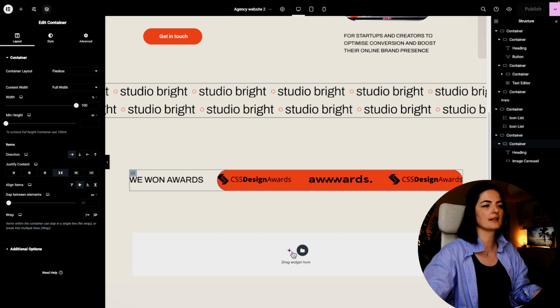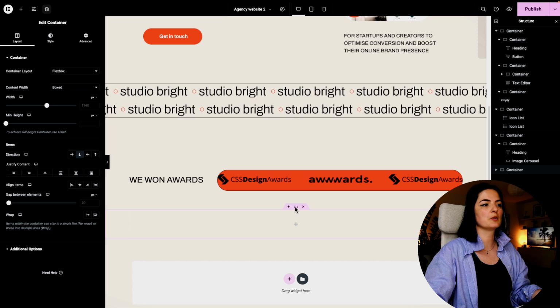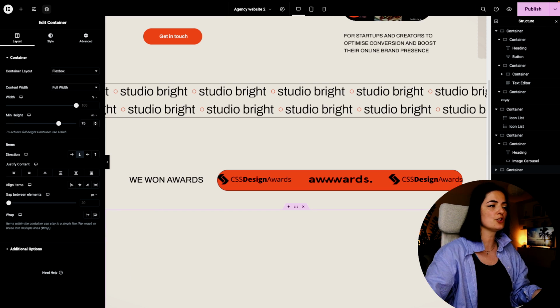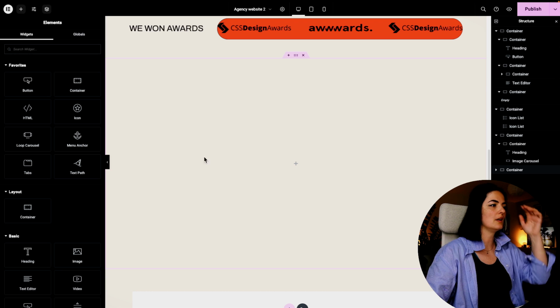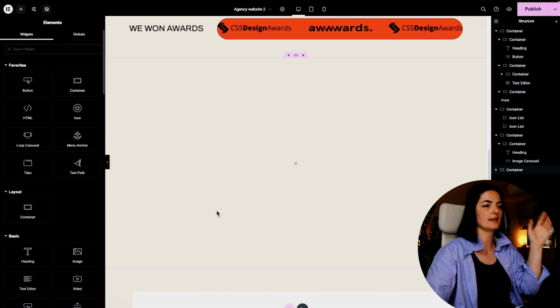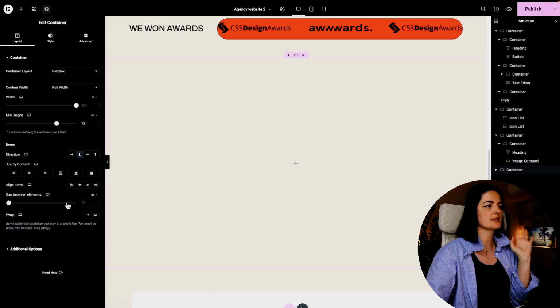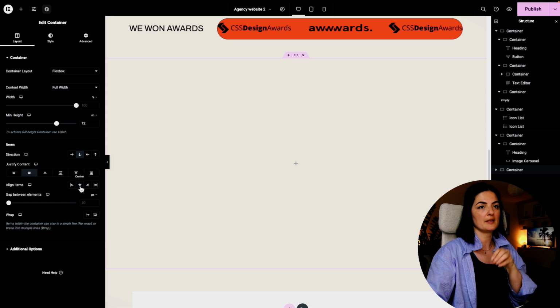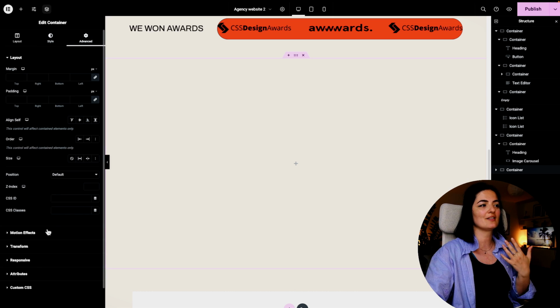So let's add a container in here, and I am going to give this container content with full width. Height is going to be 75 ph, and we are going to be adding a second container, but in the meantime, let's just set this right. So we want to justify the content center. We want the elements to be aligned to center, and we want to make sure that the background of this